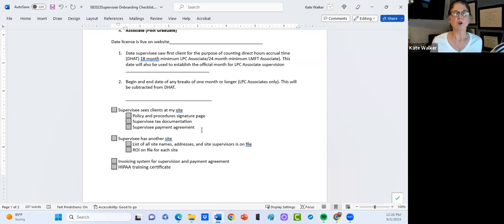This avoids triangulation, right? This avoids that whole, well, you know what? I talked to your site supervisor and they said that you were late to work 3 times last week. Well, that's triangulation, right? At that moment, you have gone behind your supervisee's back, talked to their site supervisor, and now the supervisee feels left out. You're entitled to do that. You're the supervisor. But this document having an ROI means you're going to avoid that triangulation and preserve the relationship,